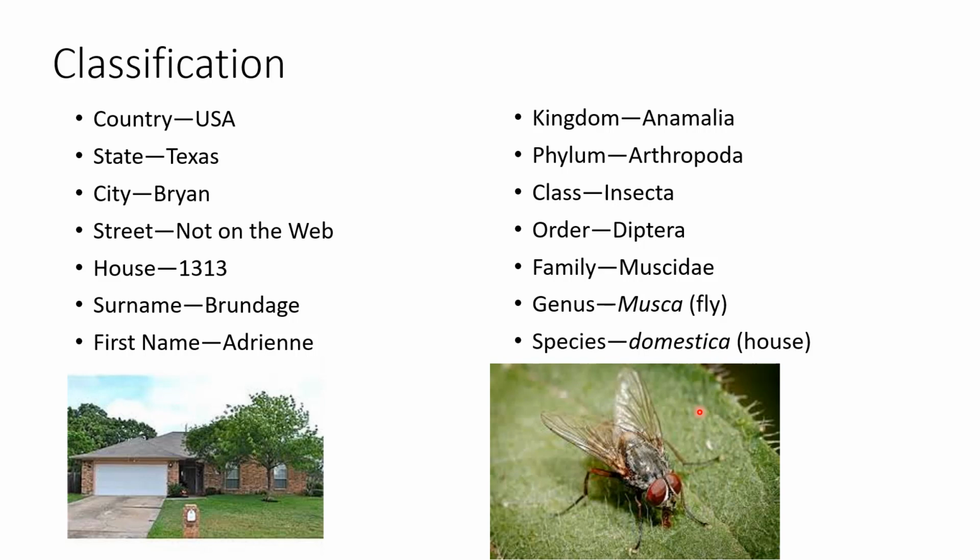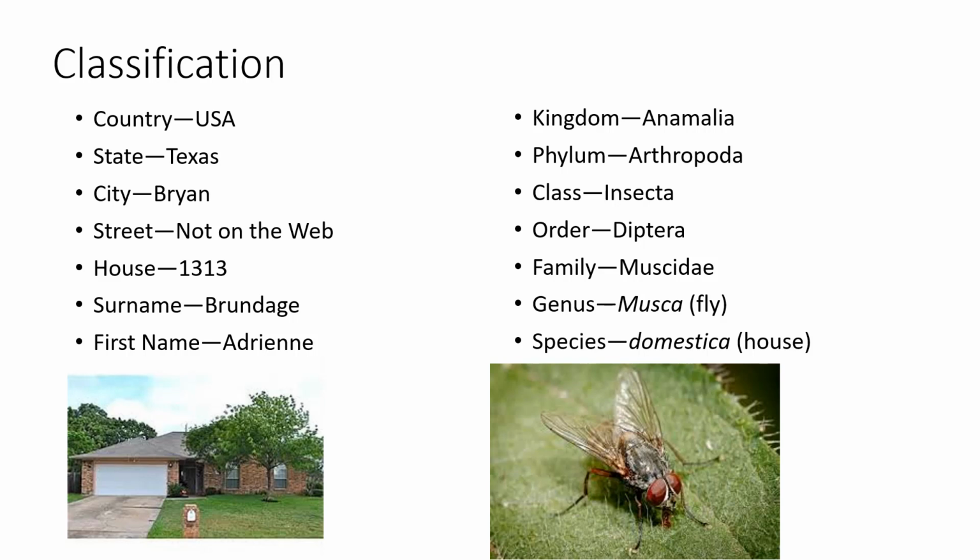Now, when we do write things, we don't have to write out the full genus all the time. So the first time you see a genus and species written out, you will see the genus fully spelled out, like in this case, Musca. But subsequent times, once we've let the reader know, okay, now we're talking about Musca, then we can shorten that word just to make it a little easier. We like making our lives a little bit easier. That's just the way we are. So we shorten that just to an M and then a period and then the species. So either you have to fully write it out or just the first letter, but that first letter is still capitalized.